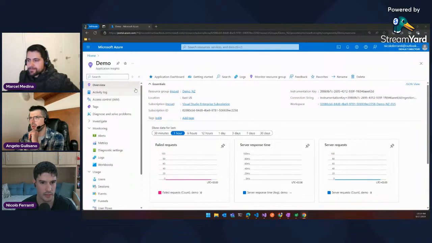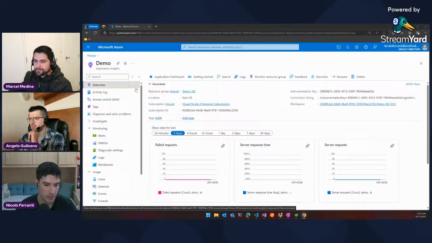Great. So the purpose of this demo is to illustrate how you can integrate Power Platform solutions like Power App Canvas, model-driven apps, or Power Automate with Azure Application Insights. To do that, we are going to see different applications. We are going to start from a low-code solution with a Power App Canvas, and then move to a code-based solution using a Dataverse plugin, and we are going to explore PCF as